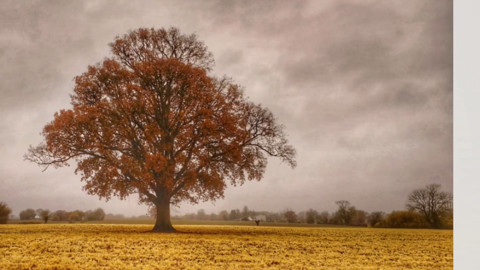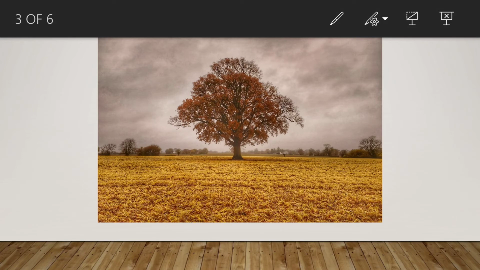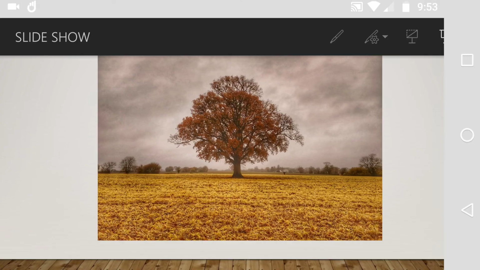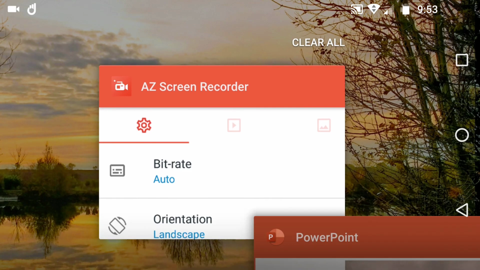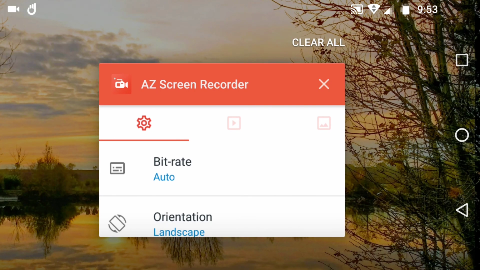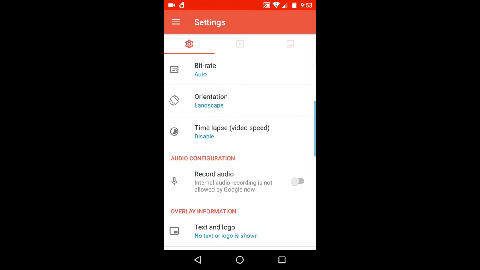Tap once and go to the next slide, or in this example I think I've showed you everything, so I'm literally going to go quit, and then I'm going to pause at the end, and I could now actually end the AZ screen recorder part. In this example I'm not going to do that. What I'm going to do is just to say, and apologies if you're actually seeing this on